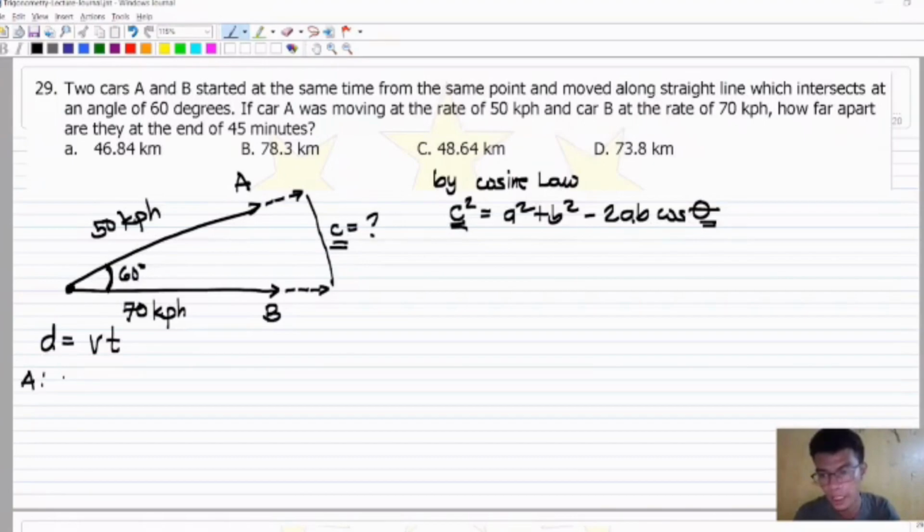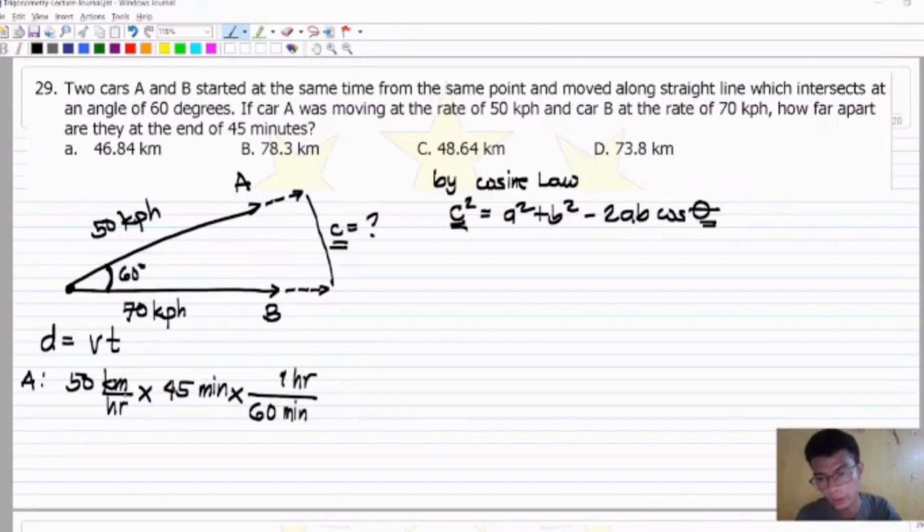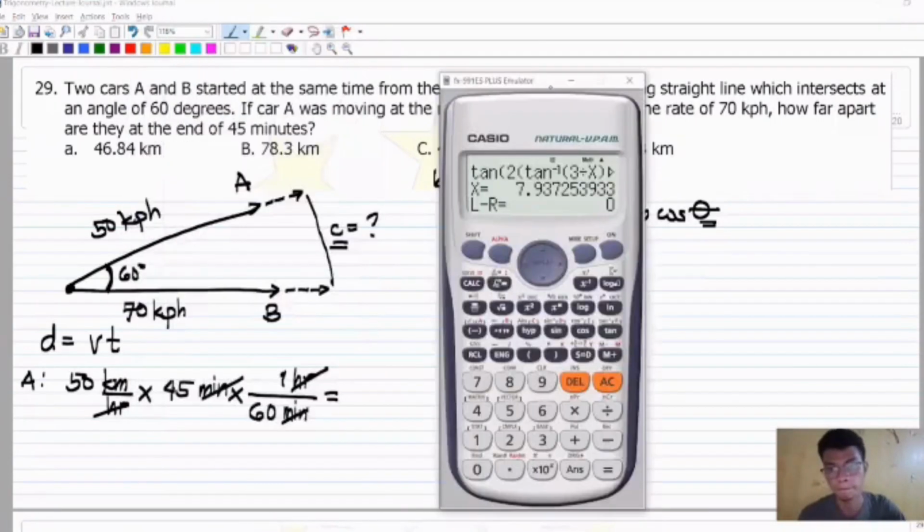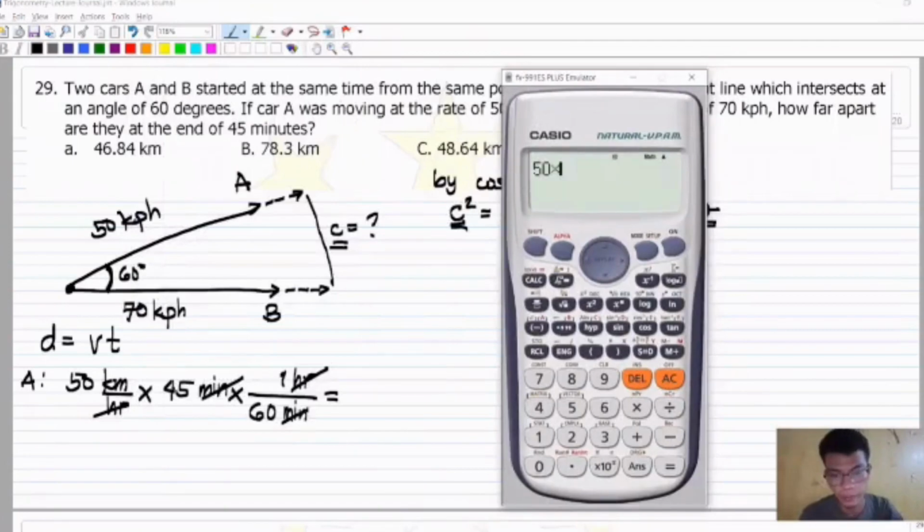So para kay A, the speed of A is 50 kilometers per hour times the time. Ang time na na-consume is 45 minutes. So magkaiba pa ng unit ang time natin. Kaya magkakaroon tayo ng conversion factor. There are 60 minutes in 1 hour. So cancel na dito ang hour. And then the minutes. Ang matitira na lang is the unit of distance na kilometer. So 50 times 45 divided by 60. And the answer is 37.5